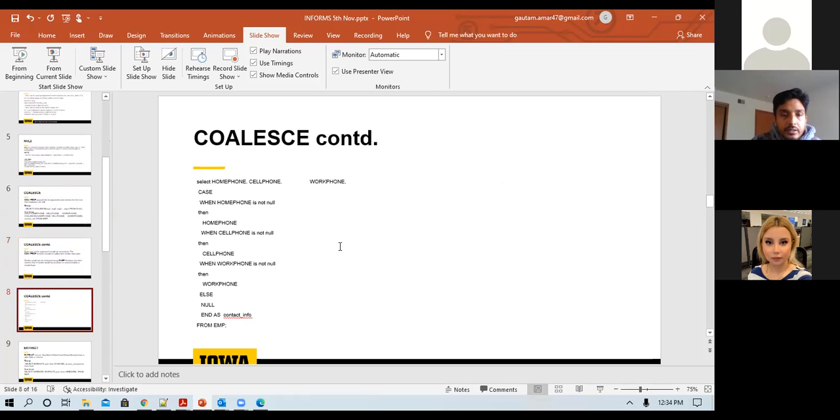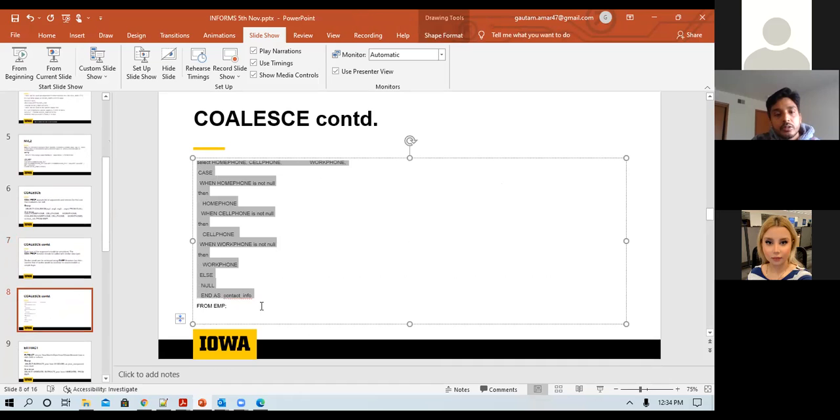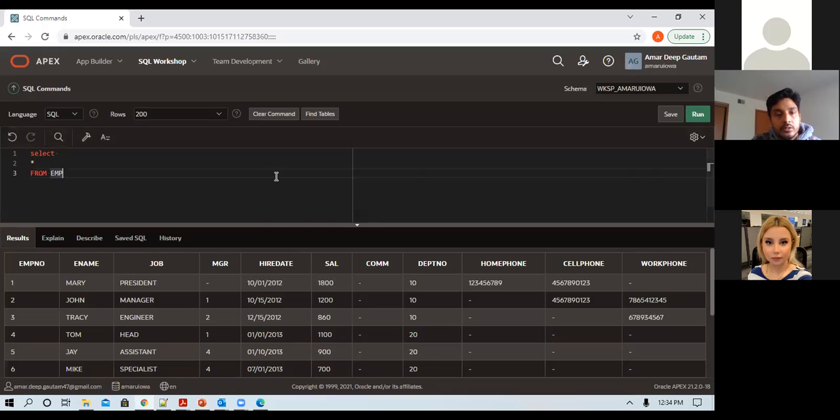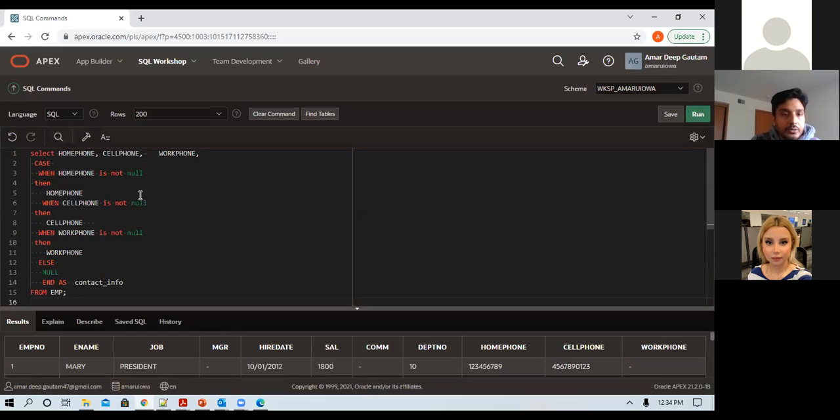Next is, okay, this is the same piece of code which I did. This is what I'm saying, how the case structure would look if you had, suppose, the similar thing we did earlier with the coalesce function.